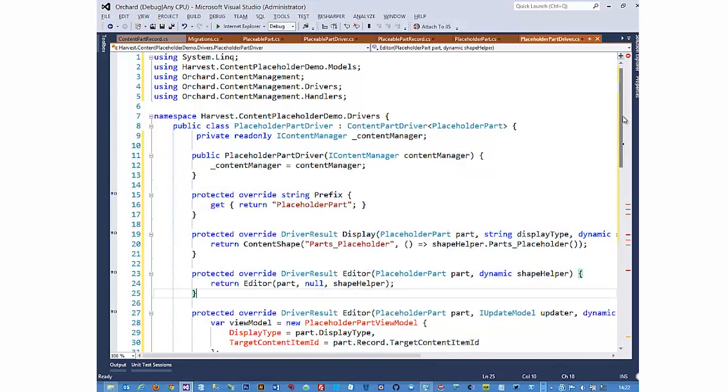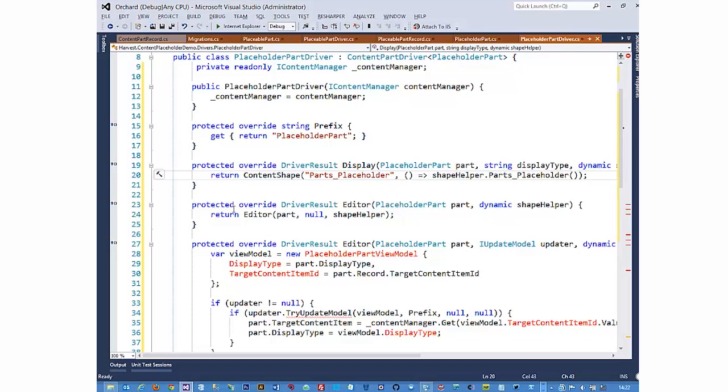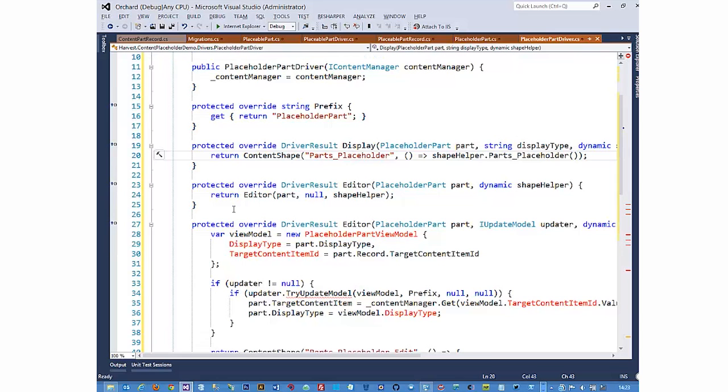Okay, so this one has a little bit more code. This one has a display method. The other one didn't need a display method because we don't want to display a placeable content item. That's the responsibility of the parts attached to that content type. But this display shape will render the actual target content item, which we'll be able to select from the editor,